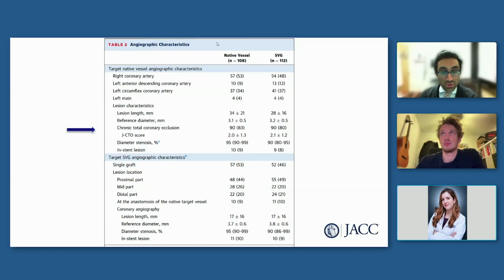Yeah, it's also notable to me that whether we're talking about the native lesion or the vein graft lesion, the median diameter stenosis was above 90%. I mean, these are very obvious and significant lesions, which is not always what we see clinically. Right. And the inclusion criteria said it had to be at least 50%, which is an intermediate lesion, but these lesions were clearly severe.